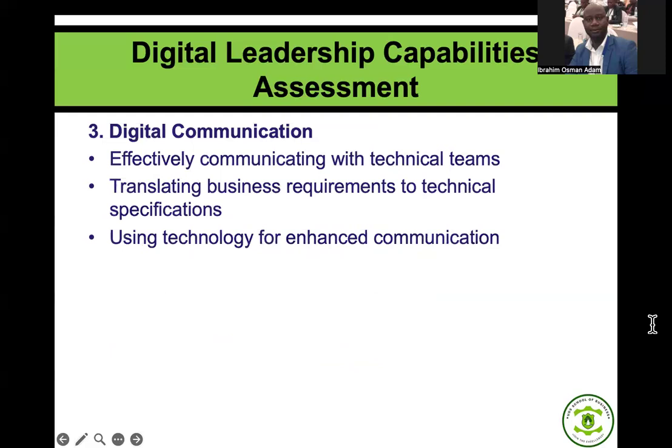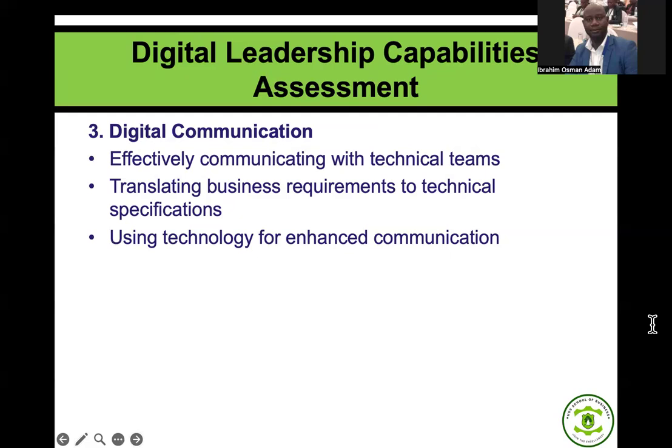So one, technical understanding. Two, strategic technology thinking. Then communication, very important. Digital communication. This one is often overlooked, but these days they are very critical. They're very important. Can you effectively communicate with the technical team? You are the leader. We say technology fluency is very important. When the developers come, when the tech guys come, are you able to understand some of the things they are talking about? If you don't understand it, leading the organization to implement this technology will be very difficult.